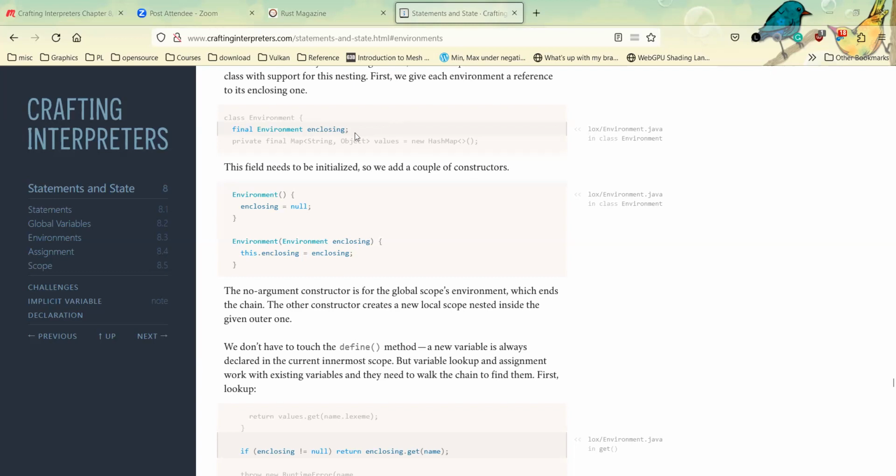In a language like Scala or TypeScript, they still have null, but null is a separate type. So if you have this thing called, in this case, the enclosing environment, you can't assign it to null because that's a different type. It would be the same as trying to assign it to a number or something.